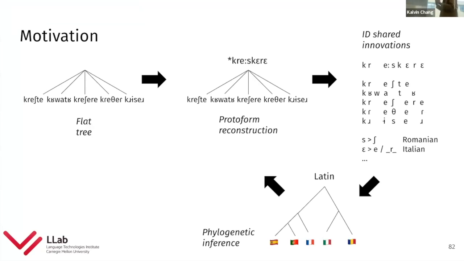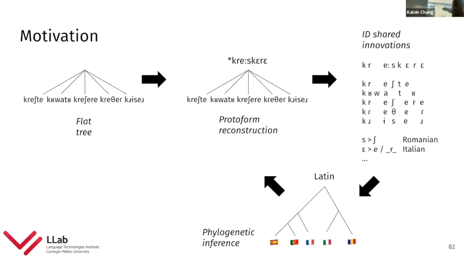Then we perform protoform reconstruction on the flat tree. So we can identify a series of sound changes along each edge of that tree and reconstruct the protoform. And then we can compare the proposed protoform reconstruction with each of the daughters to identify sound laws. For example, we can infer that S turned into sh for Romanian and E turned into A in this environment for Italian. Then, after we identify shared innovations, we feed that into our phylogenetic inference module, which identifies these internal nodes and groups different